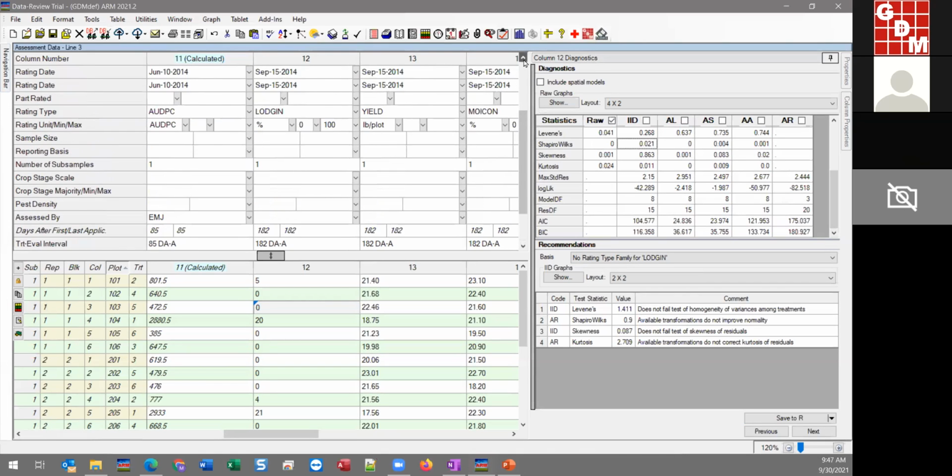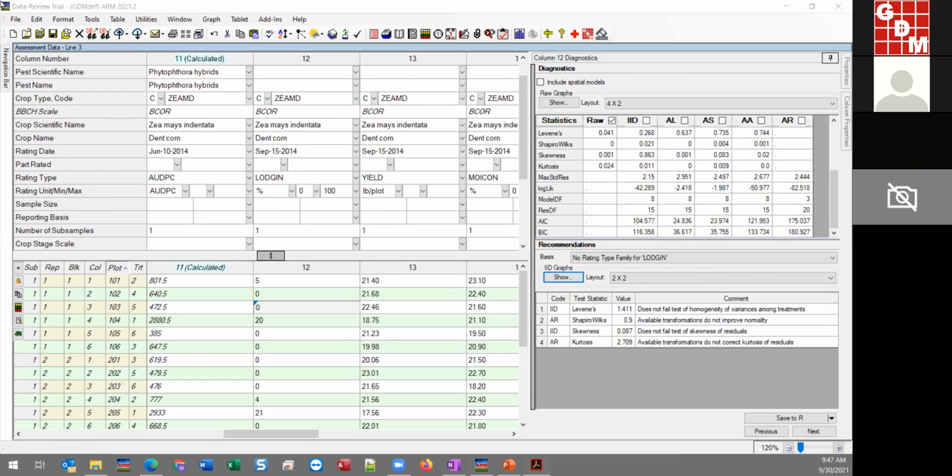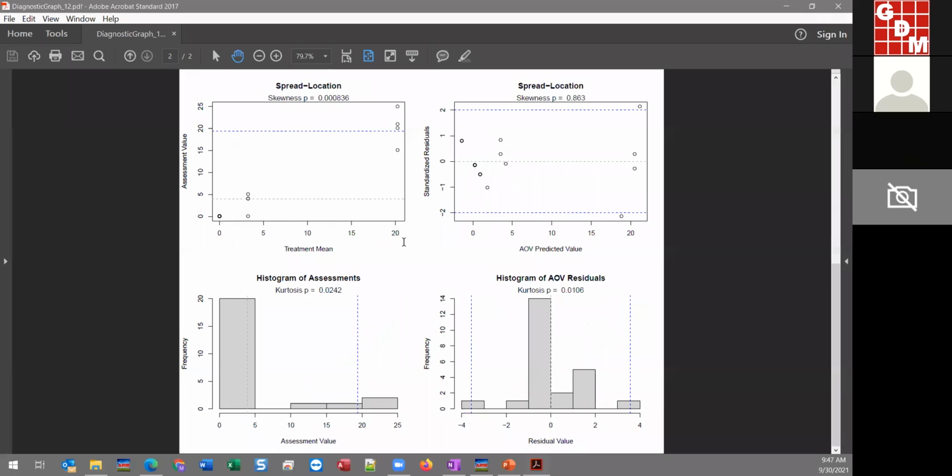And this assessment is a lodging percent. And even if we wanted to, we could peek at the histogram to see exactly why there's really no hope for a bell-shaped curve. And so this is really indicative of this type of data where you're going to have a lot of zeros, and only every so often are you actually going to have the presence of the pest. And so that type of data is just not going to have a bell-shaped curve, just no matter what you do,